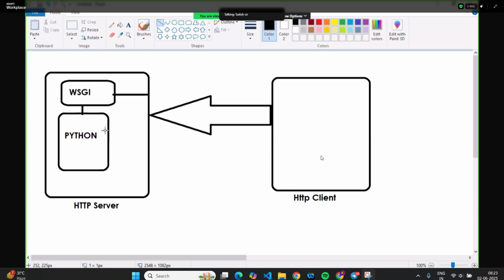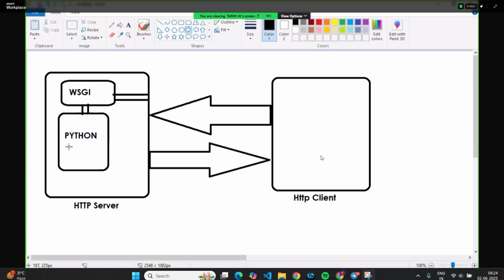The Python program. And the Python program executes and sends the output to which one? WSGI. WSGI sends that output to whom? The server. And the server sends that output to whom? The client. This architecture we'll see in detail. But who will act as an interface between the HTTP server and Python? WSGI. Here, in the same way, like how you communicate with the Oracle database by using one interface,